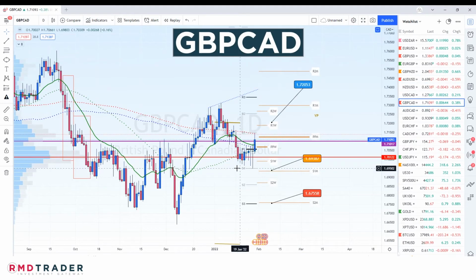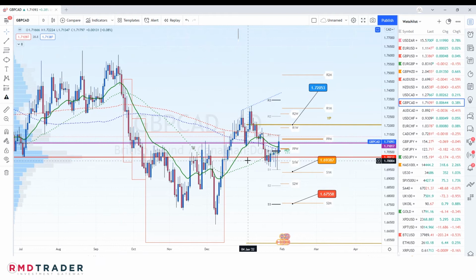Looking at the GBPCAD, we can see this one is still struggling with this convergence of the daily 200 to 150 SMAs. It's still all, how can I say, all entangled in this area. This has been a previous area of resistance, and we did initially break above it and then got rejected from